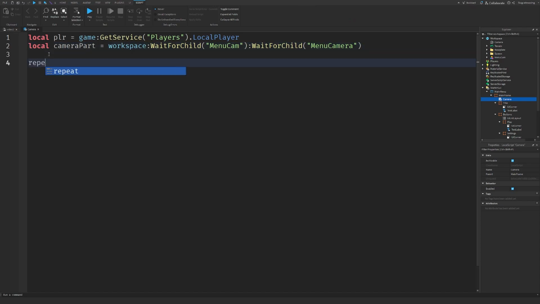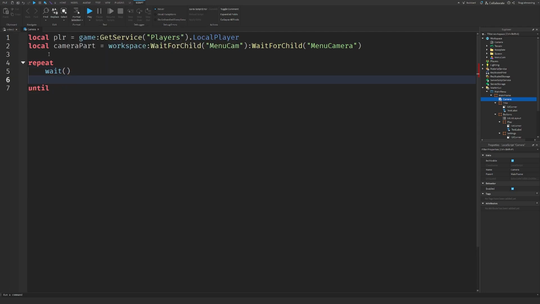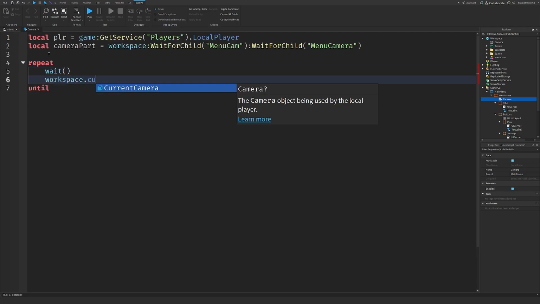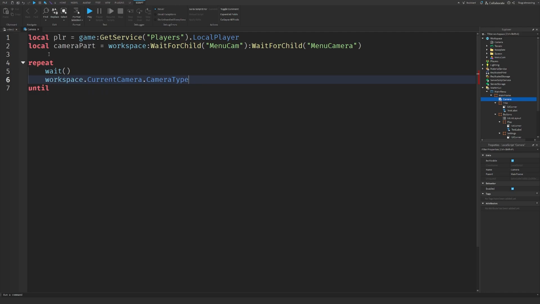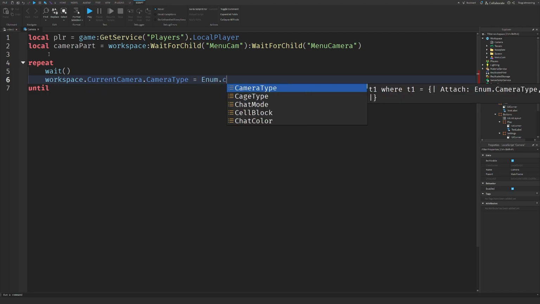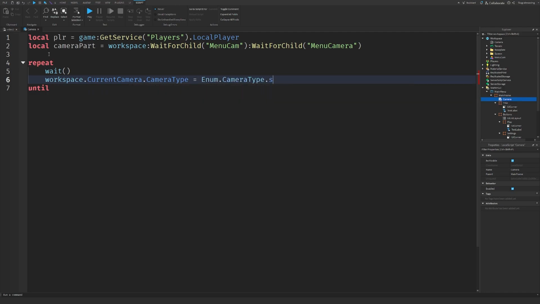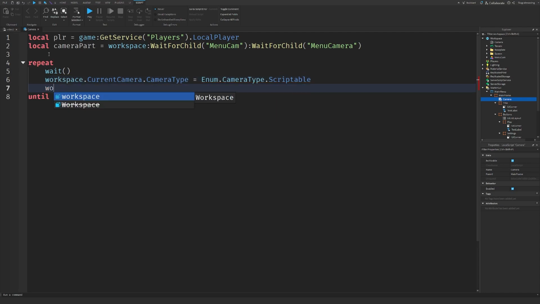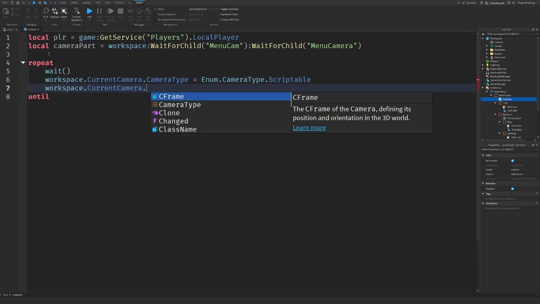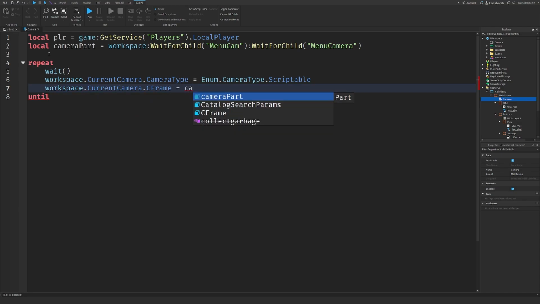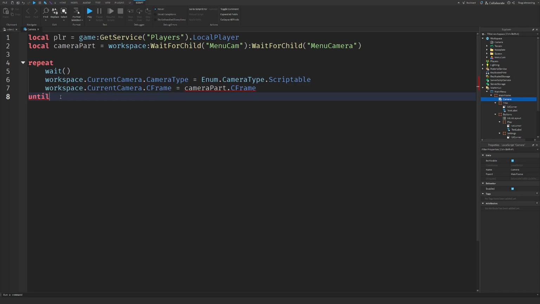Then we'll do repeat, enter, wait, and then we'll do workspace.currentCamera.CameraType equals Enum.CameraType.Scriptable. Then we'll do another line, workspace.currentCamera.CFrame equals CameraPart.CFrame. Then on until, we'll do a space,